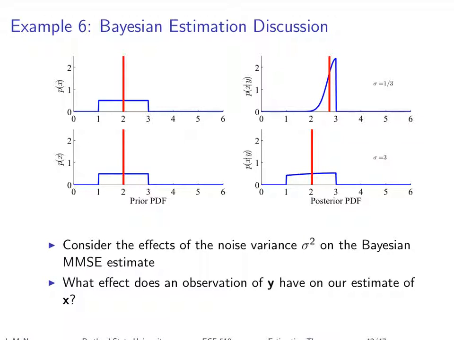So in this case, I used the same limits of 1 and 3, but I changed the noise variance. In one case, the noise variance was 1/3. In another case, it was 3. And I didn't plot the likelihood here, so I've just got the priors and the posteriors. And you can see when noise variance went down from, I think it was 1 initially, so I cut it by a factor of 3, or at least the standard deviation by a factor of 3.